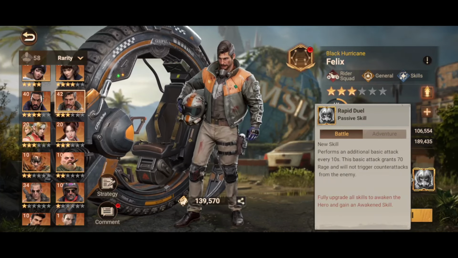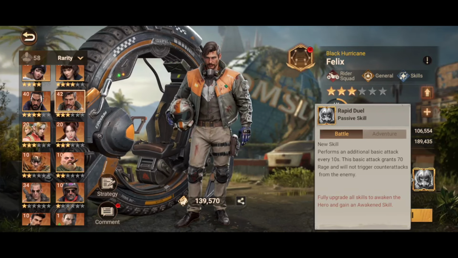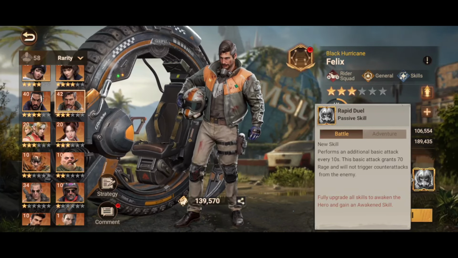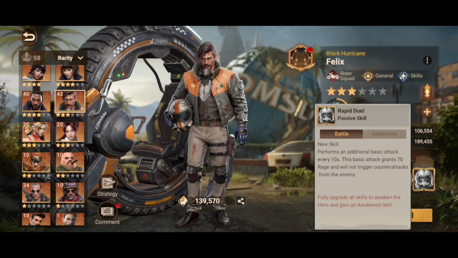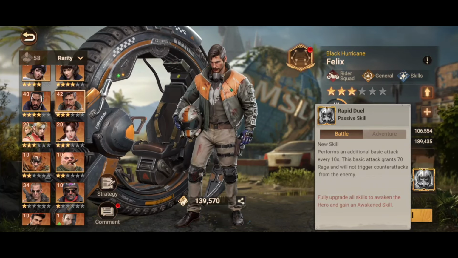His awakened skill is called Rapid Duel, which is a passive skill, and it's a new skill that performs an additional basic attack every 10 seconds. This basic attack grants 70 rage and will not trigger counter attacks from the enemy. So as you can see, Felix is really good at doing the basic attack stuff, and actually where he really